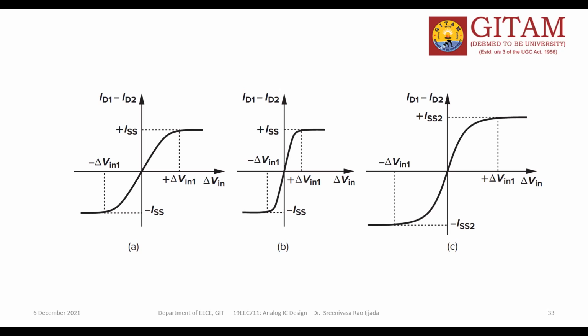As per the concept of superposition theorem, we have two inputs. Each time consider only one input and find the response at both the outputs. Vx is one output, Vy is the other output. So find the response at x and y nodes due to only one input. We have two inputs, V in 1 and V in 2. Set V in 2 to 0 and apply V in 1 and find the voltages Vx and Vy. This is case 1.